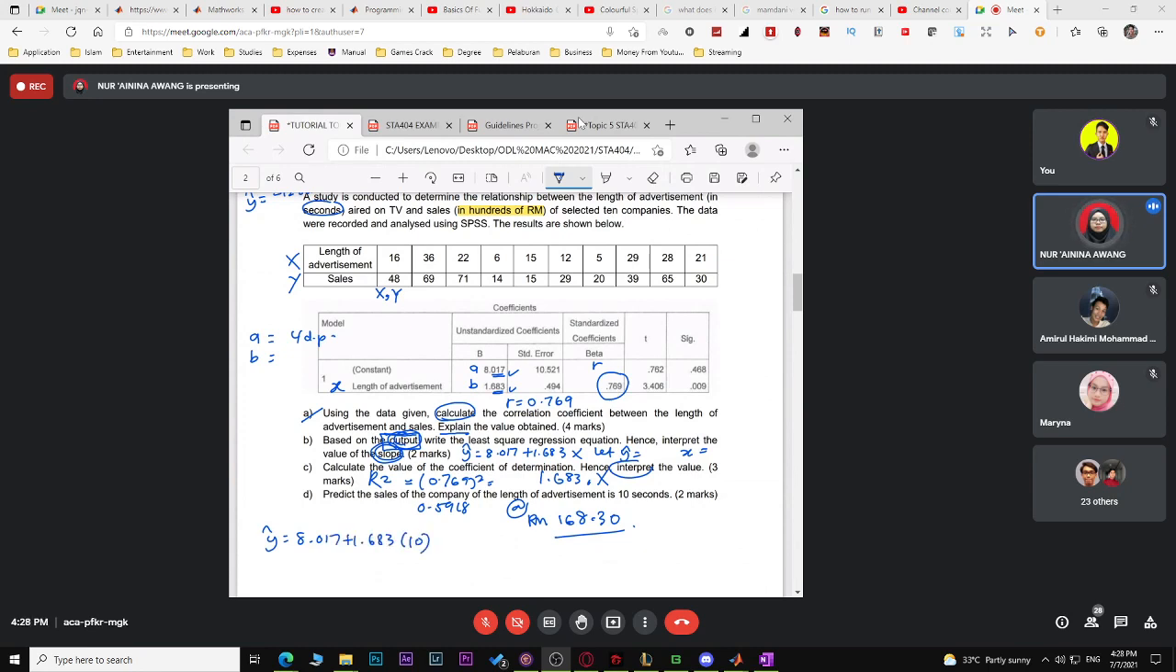Okay. So make sure yang ni pun make sure you check the unit. Okay, since this is on second, sini pun second, so you masukkan 10 lah. Okay, tapi kalau dekat sini second, tiba-tiba dekat sini dia bagi 10 minutes, so you kena tukar dulu minutes ni kepada second. Okay, barulah betul nilai yang you masukkan kat sini. Okay. So nanti you akan dapat the value is